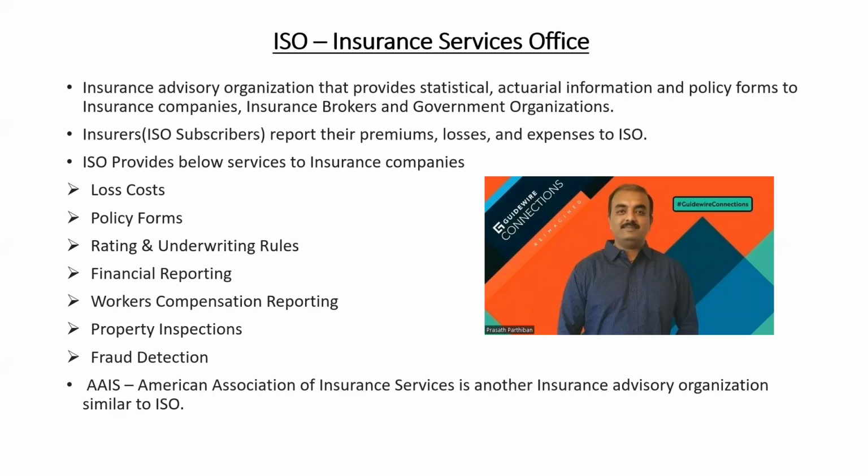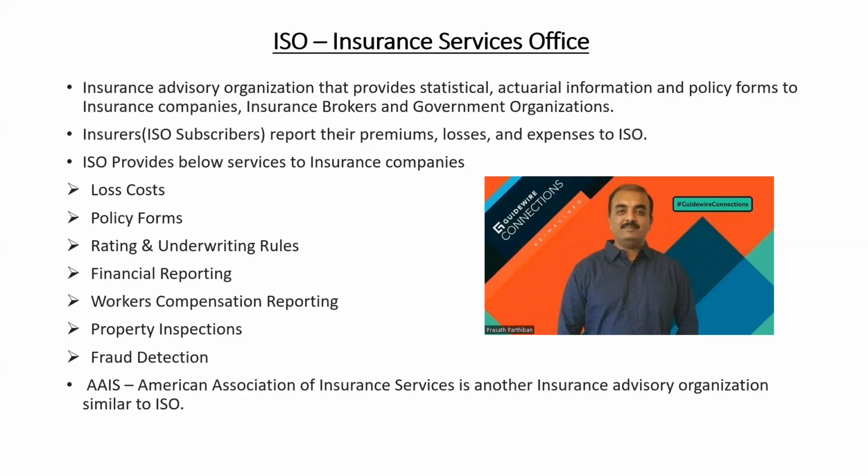Fraud detection, which is a very important point. Say you get a claim from a customer. As an insurance company, you need to make sure that the customer hasn't filed the same claim with different insurance companies. As you know, every insurance company reports their losses or claims to ISO. So it's very important every time you get a claim, you reach out to ISO to check if there is a duplicate claim, which means did the insured or the customer file a duplicate claim with some other insurance company. Now, this is all about ISO.